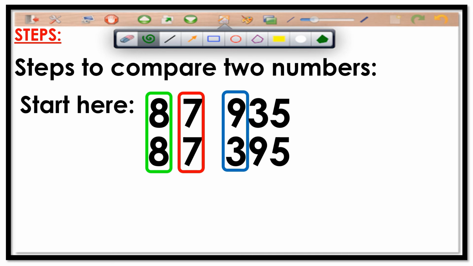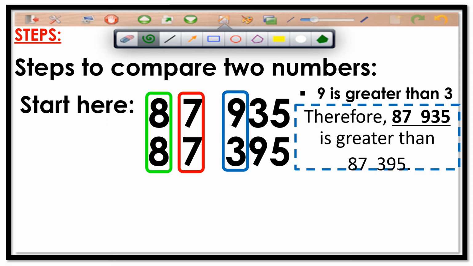Yan. So, the third step is 9 is greater than 3. Si 9 ba ay mas malaki kay 3? Yes or no? The answer is yes, mas malaki si 9. Therefore,